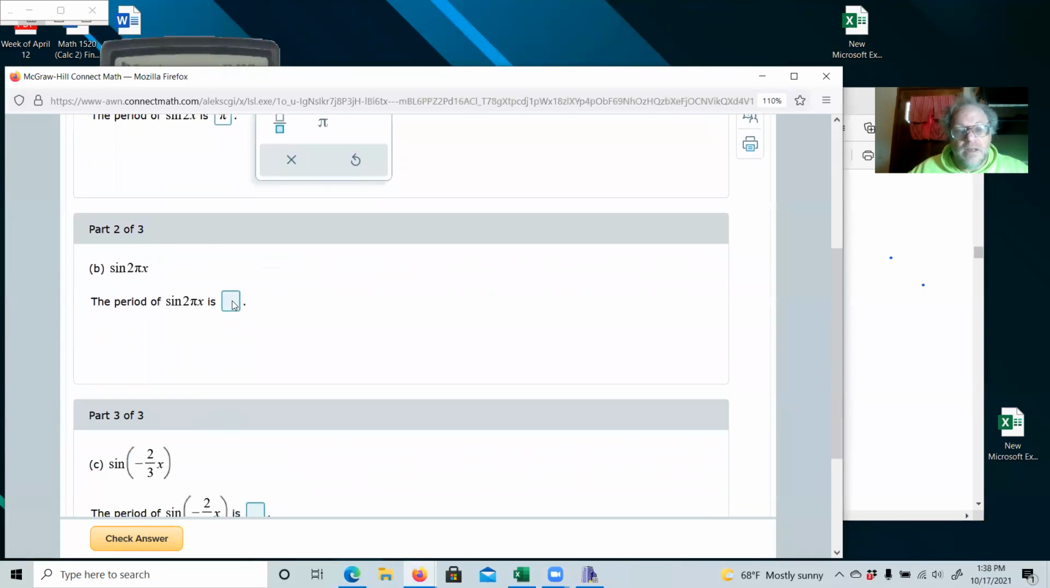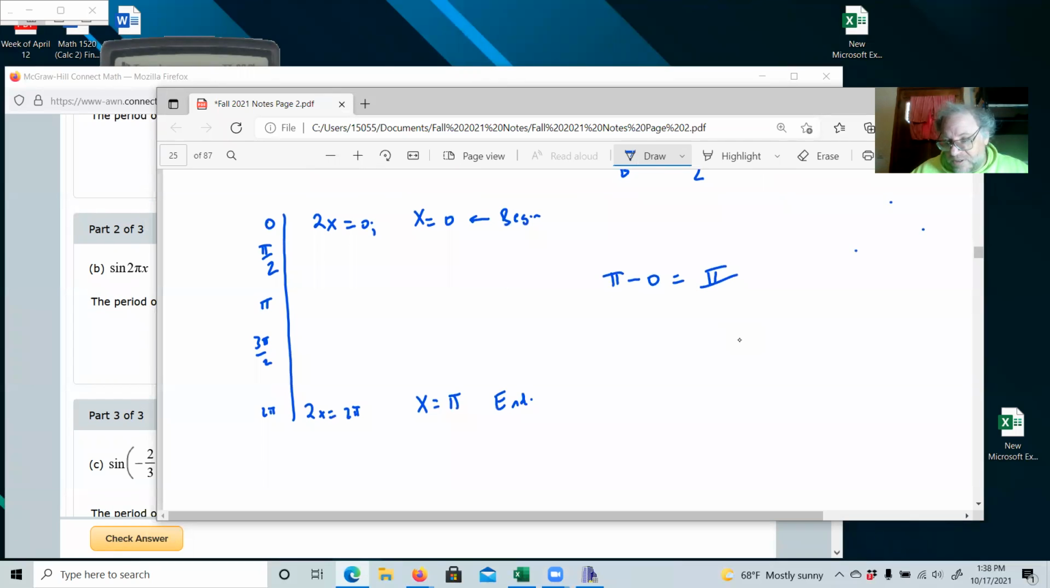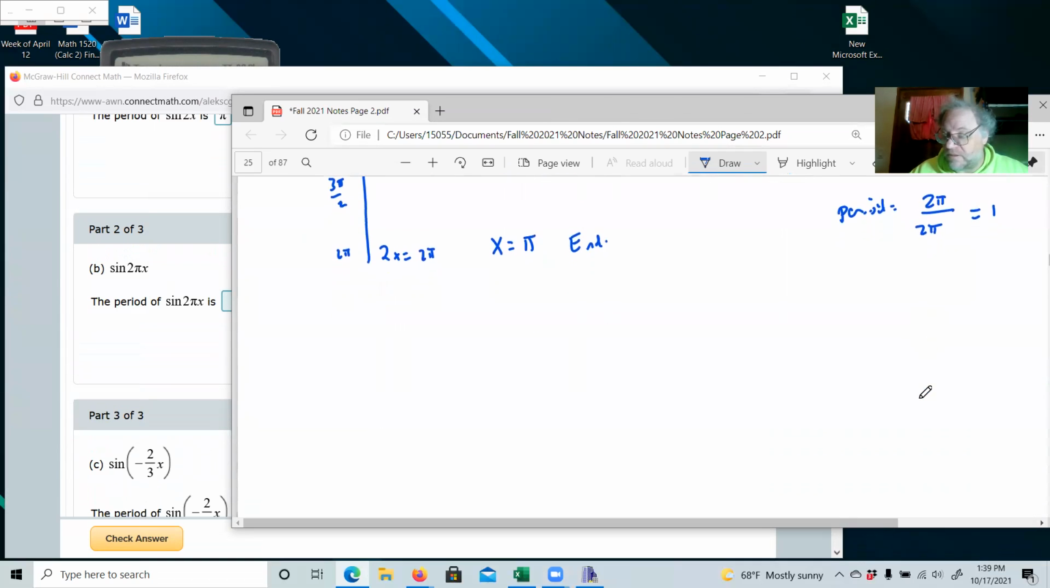Right? Period of sine 2 pi x. Okay, so one way to do it would just be to say period equals 2 pi divided by what's b? B was also 2 pi. So the period's equal to 1. Okay, if you don't remember this formula,